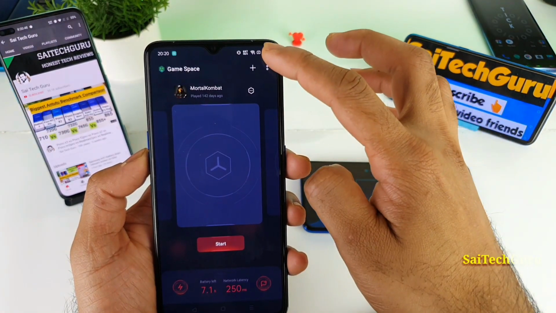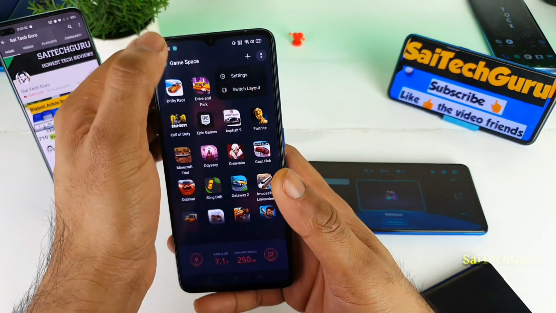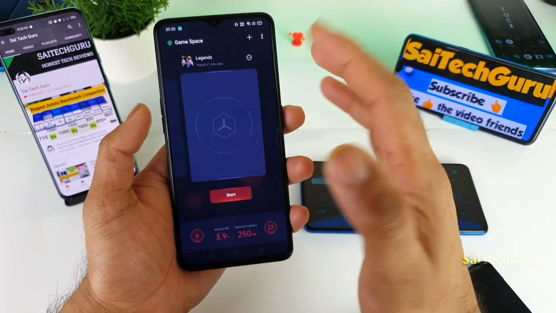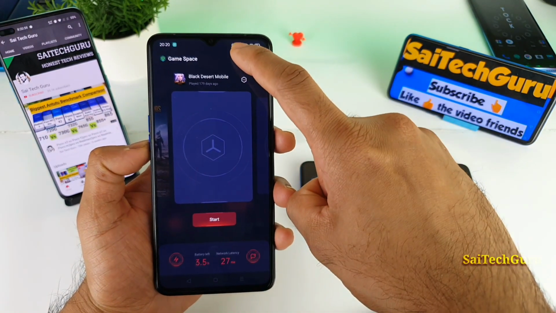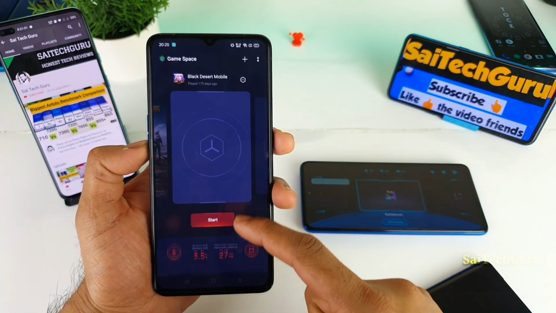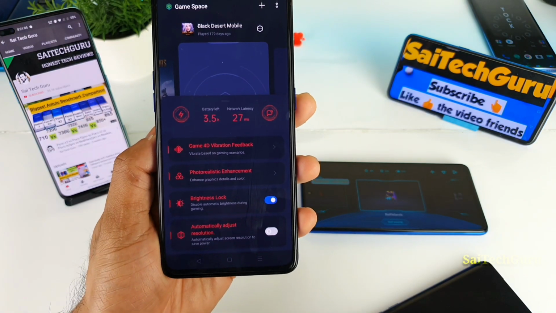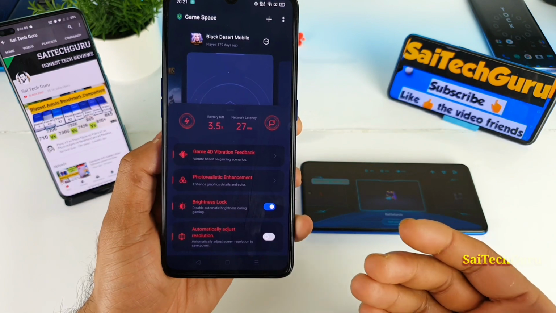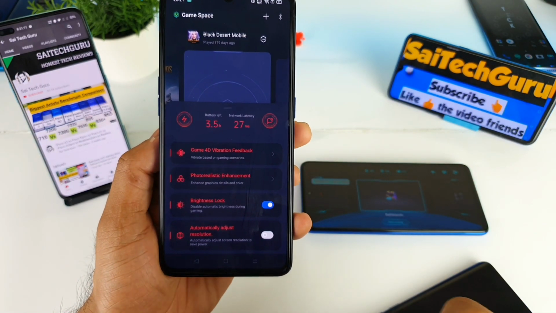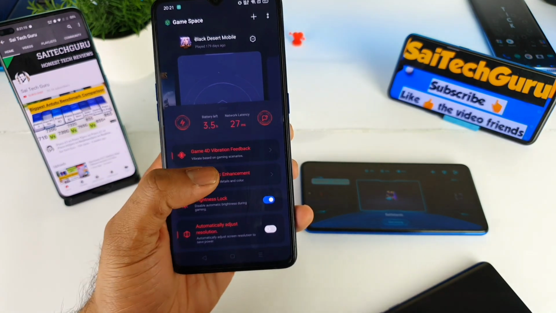In the Realme X2 Pro, you have the option of changing the layouts however you want, as you can see here. Mostly I prefer this kind of layout, which looks pretty good, and if you want, you can add other applications into this Game Space as well. When you slide up, you get options like 4D game vibration feedback, but till now I have not used this feature, and most games don't even support it, and photorealistic graphics enhancement as well.